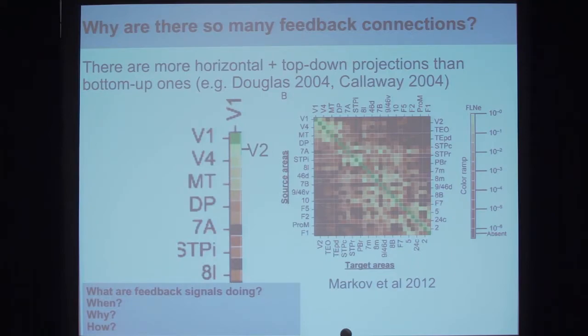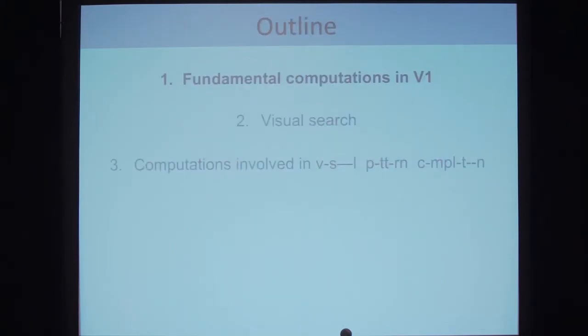Now, we know very well that in cortex there are massive recurrent as well as back projections throughout cortex. And this is just one of many studies trying to quantify exactly how many connections we have in cortex that are recurrent, that is, that are basically at the same level of processing, or even feedback processing from higher visual areas back onto lower visual areas. So the question that I'd like to pose today involves trying to take some initial steps towards understanding why we have these connections and what they might be doing, and how, by understanding the biology of what these connections do, we can illuminate the future aspects of computation in cortex.